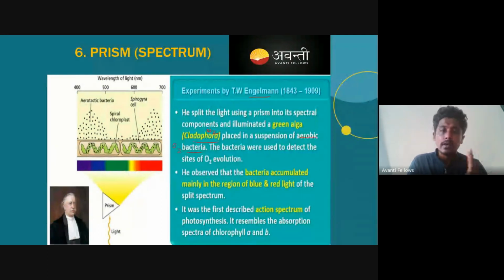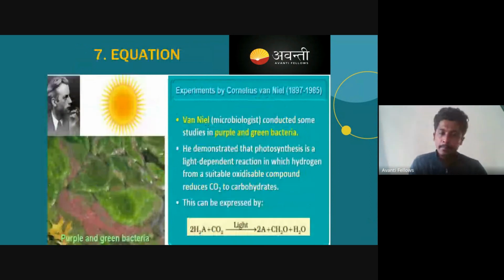And this particular green algae was evolving more and more oxygen, especially in the blue and red light area. So these blue and red light regions are where more photosynthesis was happening. This region is called the action spectrum, where a lot of photosynthesis is happening. Okay. Now, coming to some of the experiments conducted by